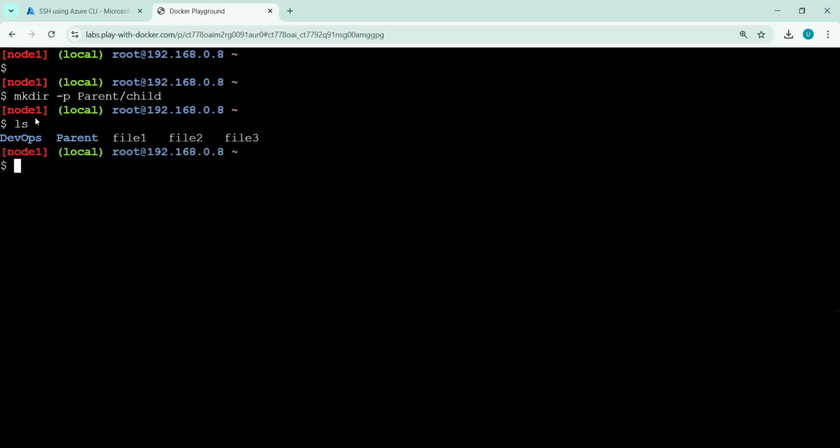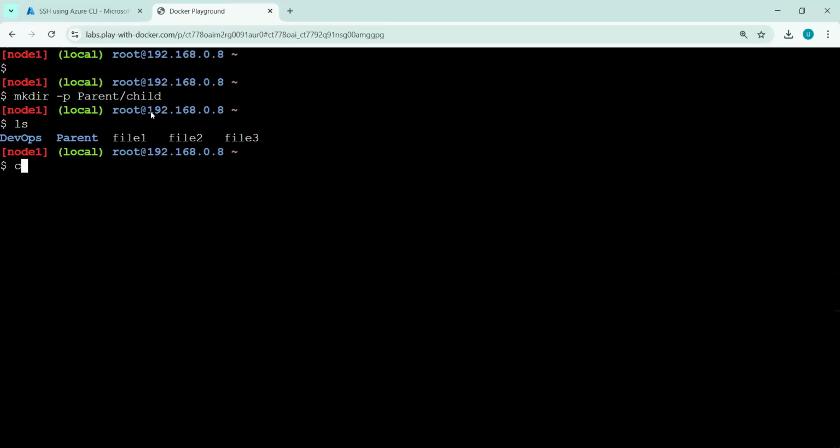So let's do ls, and you can see a parent directory got created. So here I have created one subdirectory inside that. How did I create it? I used -p. So -p stands for parent. This directory is assumed as a parent directory, and the directories inside that are considered child directories.